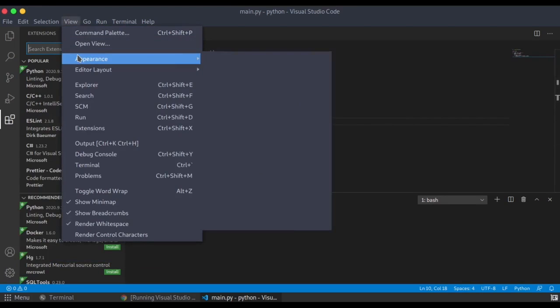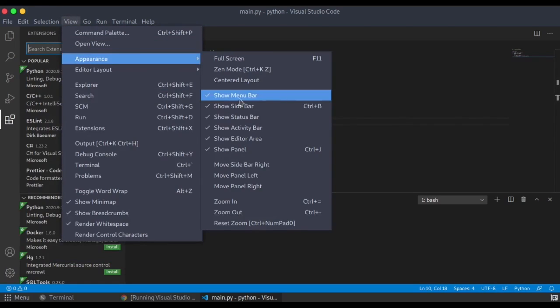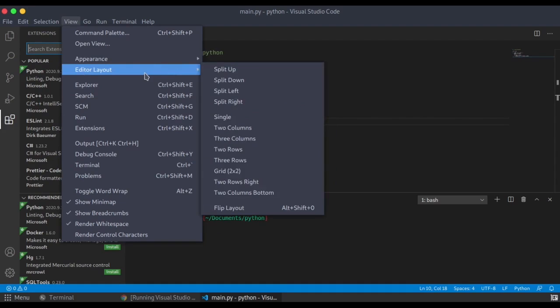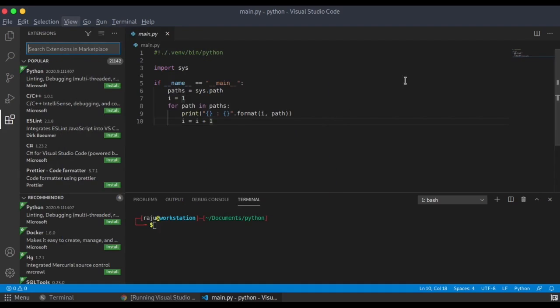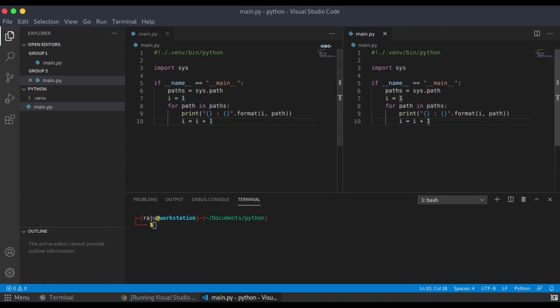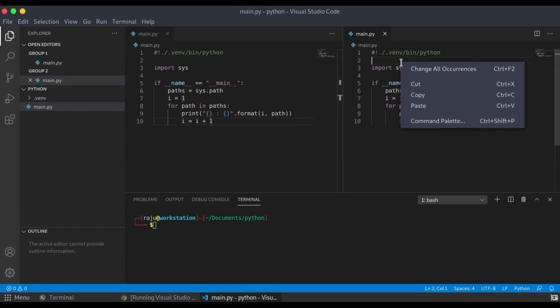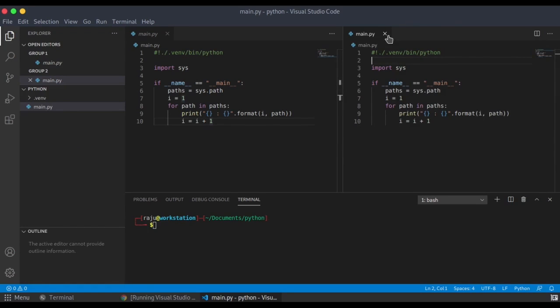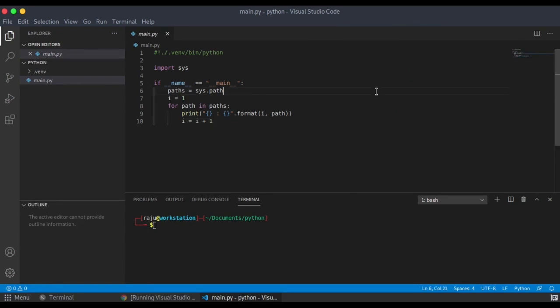You can tweak these fields, like if I do not want to show the menu bar, I simply need to uncheck this. If I do not want to show the sidebar, or status bar, you can enable and disable them from here. Here is how your editor area must be visible, like if you want to open files side by side, then you can also do that. You can split it in many more ways. But for now,